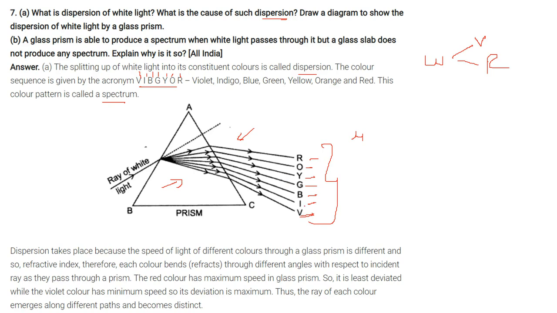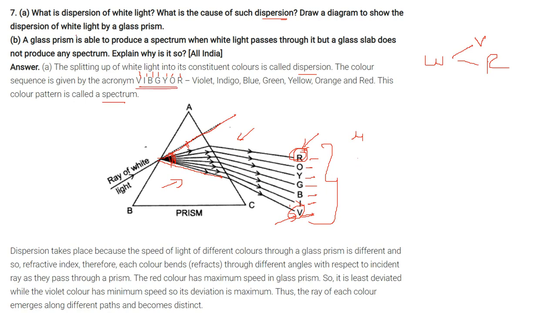The red color has maximum speed in glass, so it is least deviated, while violet has minimum speed, so it is deviated the most. So the angle of refraction is more for V as compared to R. Therefore, the ray of each color emerges along different paths and they become distinct, which is given by VIBGYOR.